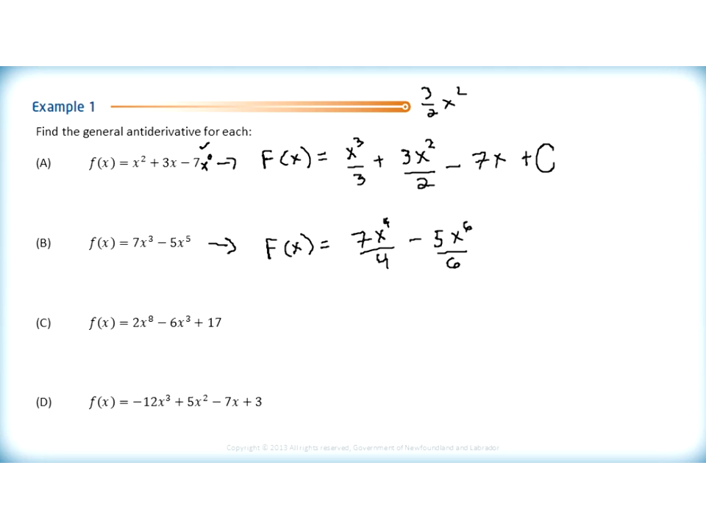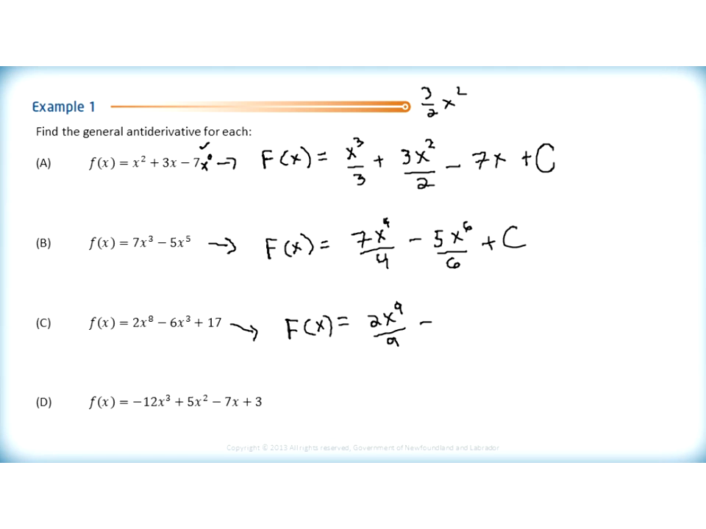Okay? So not much to that. That's pretty straightforward too. And of course we have to add our arbitrary constant on the end. And for the next one, we have big F of x is equal to, so I've got 2x to the power of 8 as my first term, so that's going to be 2x to the power of 9 over 9,